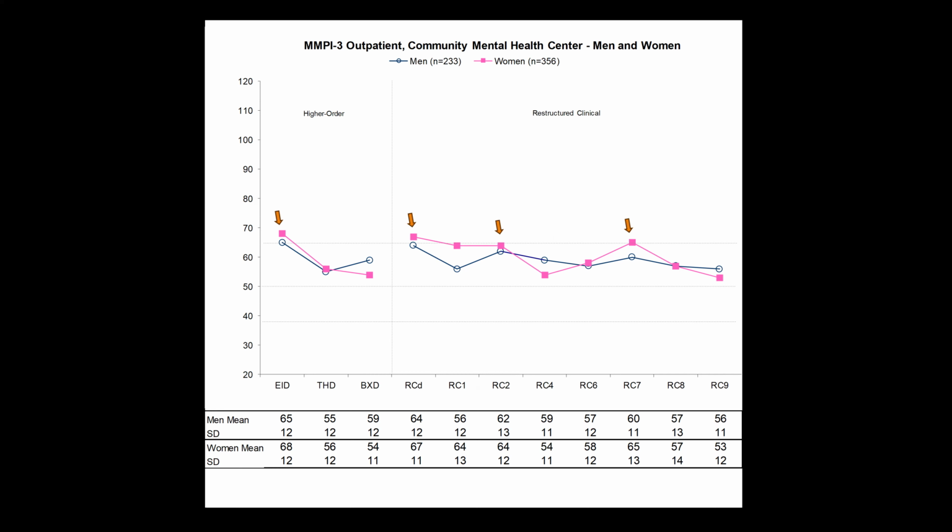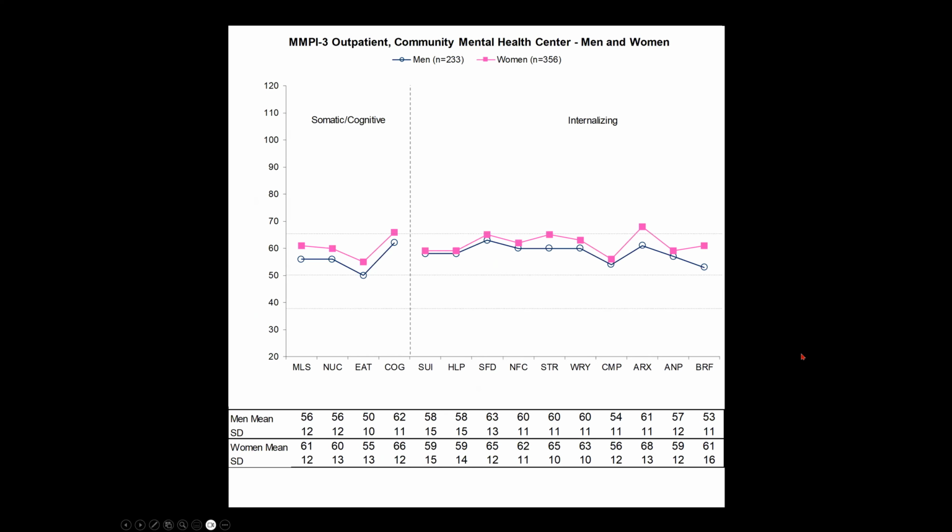And again, this gives us an indication of, on average, what do we typically see in these settings. Now you can see that the standard deviations are larger than 10, so there's more variability, and indeed some individuals in this sample score quite a bit above the mean on these scales, and there is that broader range of scores, which also would be expected in a mental health outpatient sample.